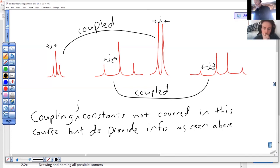Okay. I found the sample one in the textbook. It's like the table